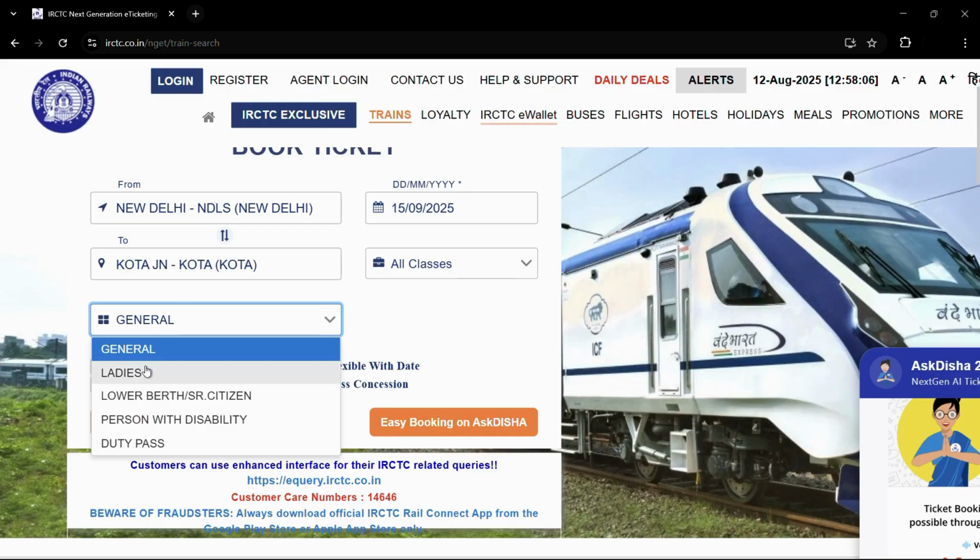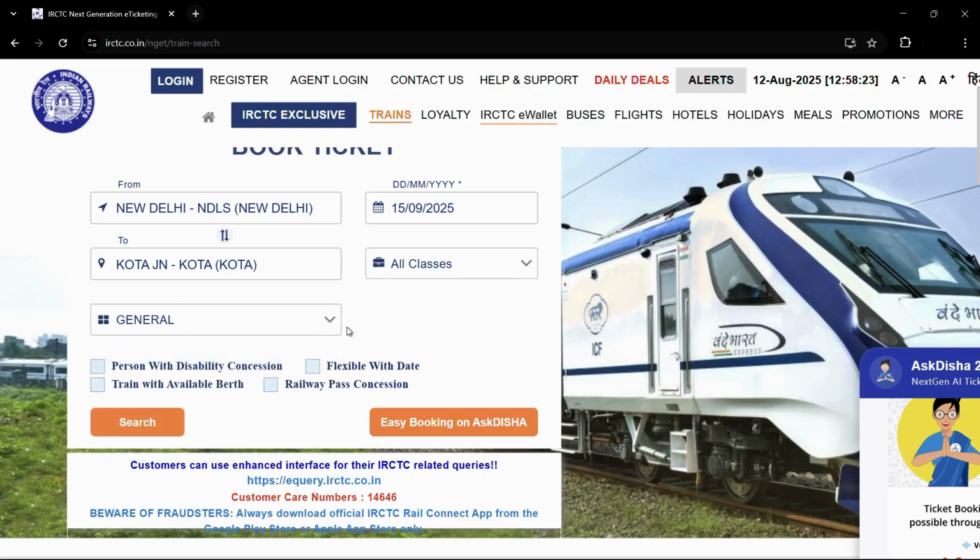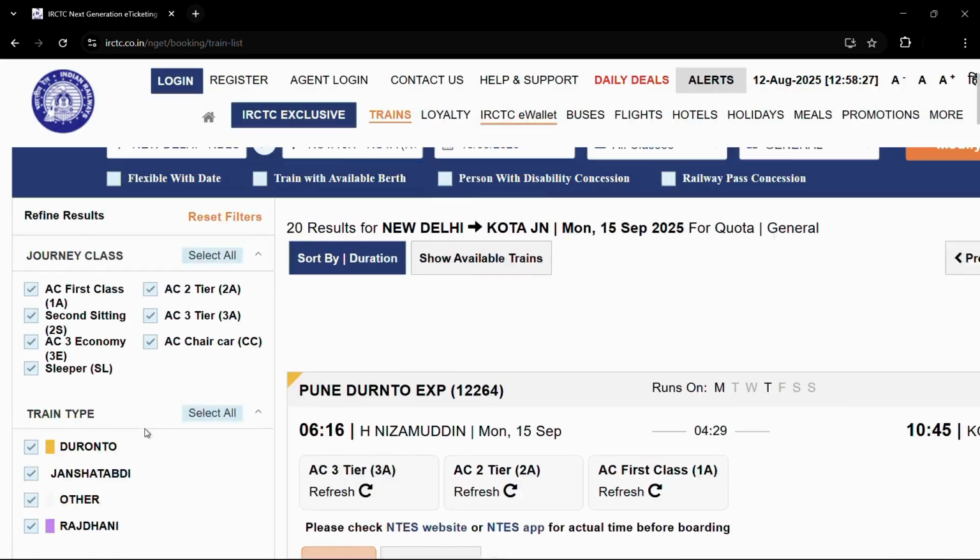Apart from that, you also have the reservation option, like general. If you are a female passenger, you can choose ladies. You can do this to avail some concessions and reservations which are kept reserved for special classes like ladies, senior citizen, a person with disability, or a duty pass if you are a railway employee. So you can keep it to general,